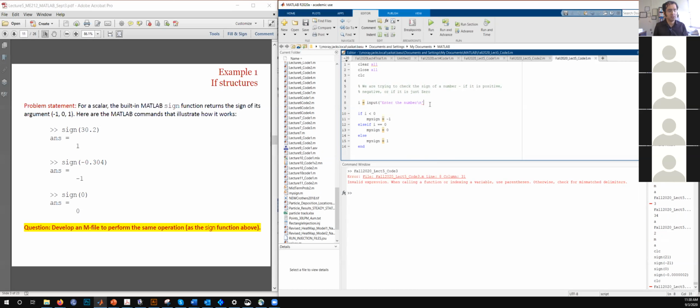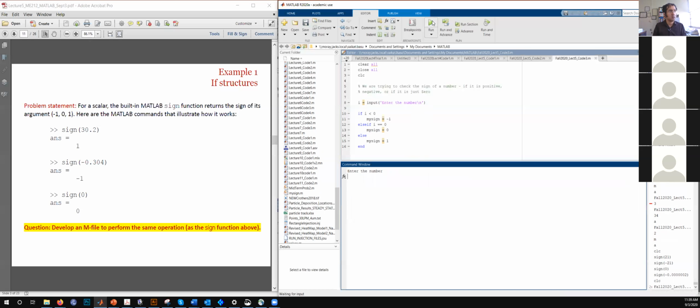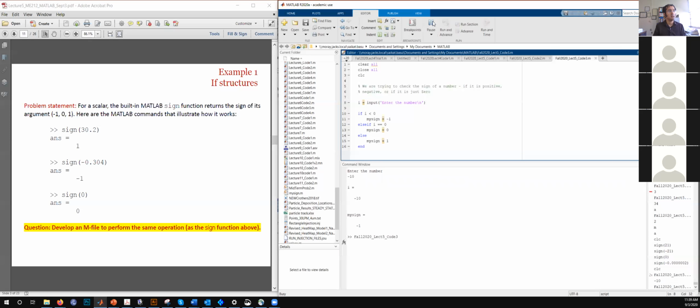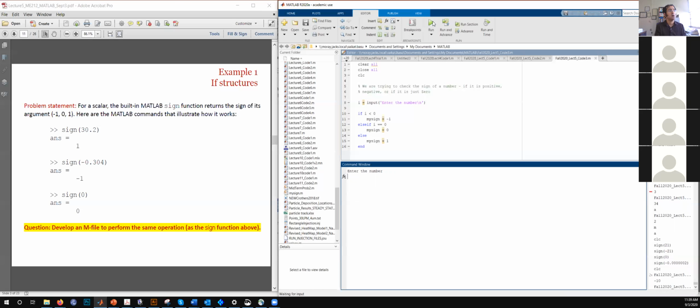Okay, so there was a typo here. Let's save this again and run this. Okay, enter the number. Let's type out a negative number first. Let's type -10. My sign is -1. Fine. Let's run it again, and then let's type 0 for the number. And my sign is 0. Let's run this again.